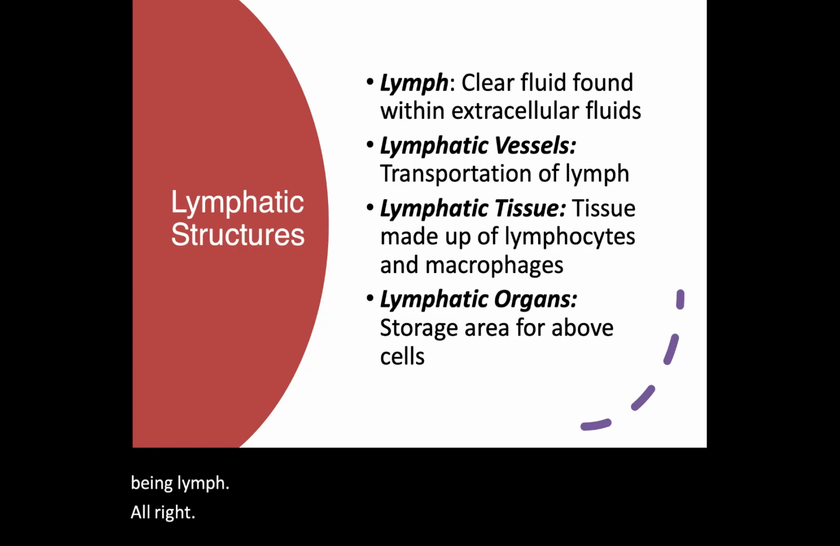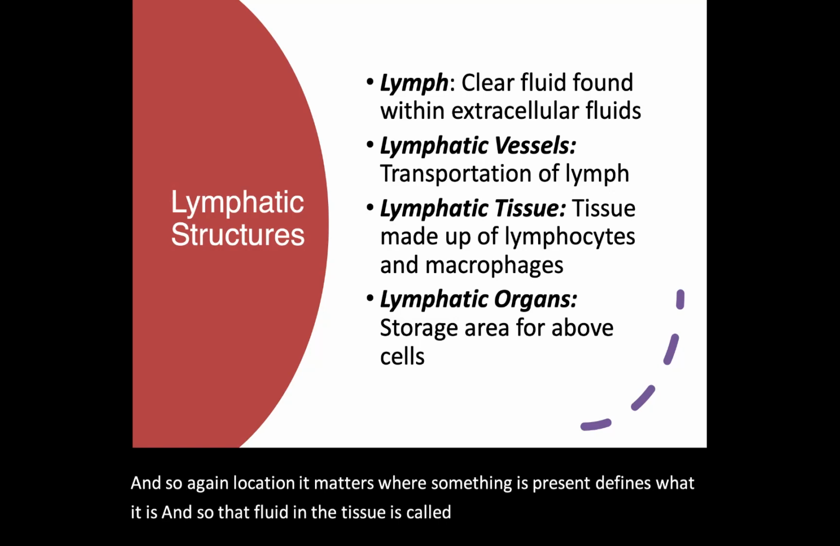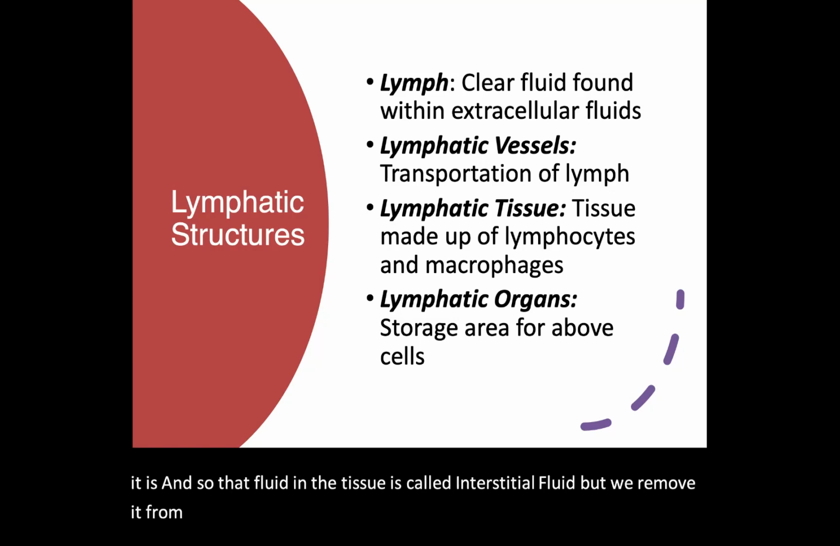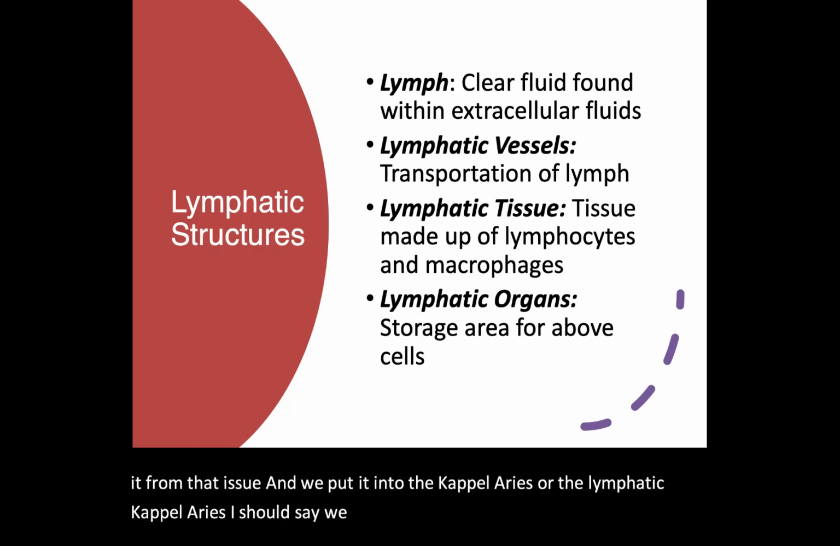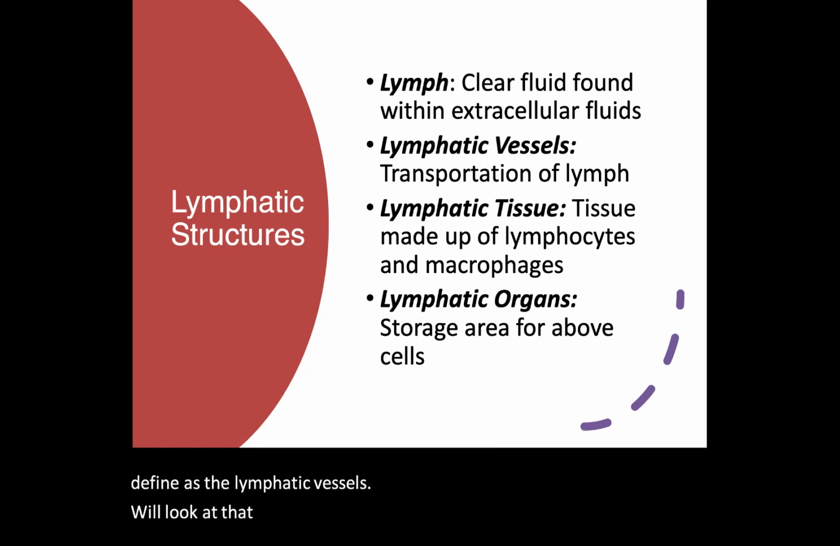And so, again, location, location, location. It matters. Right? Where something is present defines what it is. And so that fluid in the tissue is called interstitial fluid, but we remove it from the tissue and we put it into the lymphatic capillaries. We then refer to that fluid as being lymph. Right? And that lymph is going to be transported through a series of vessels, which we define as the lymphatic vessels. We'll look at that on the next slide, but the whole purpose behind those lymphatic vessels is to